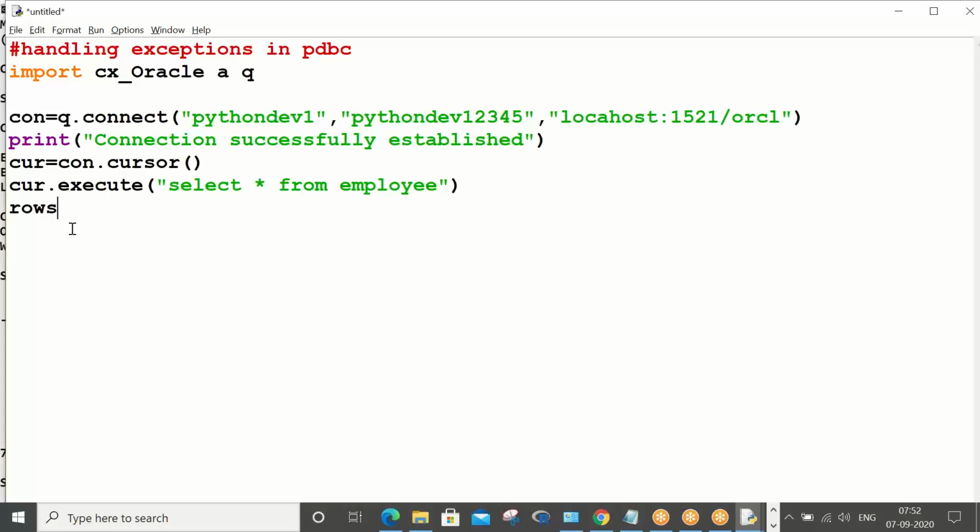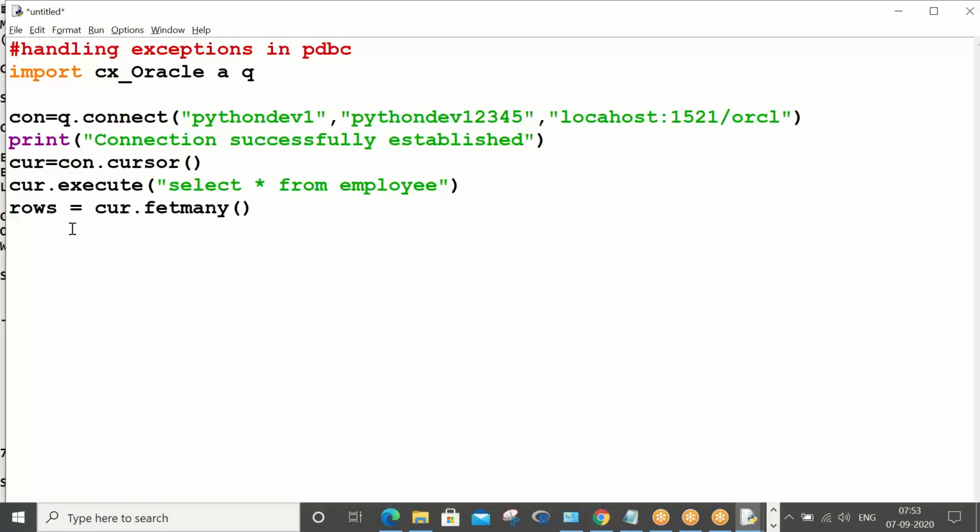So rows is equal to cur dot fetchmany. Fetchmany is a function which helps in bringing multiple rows, all the rows of your table. If you don't use any parameter, it will bring in the whole table.